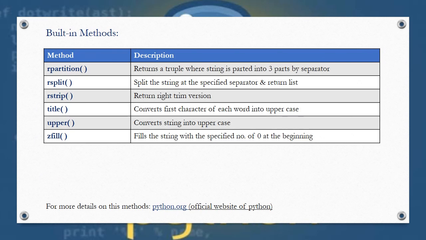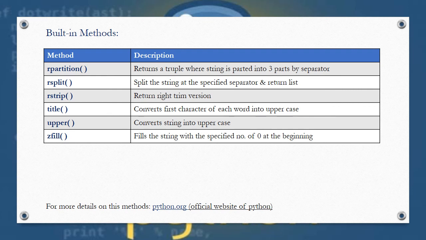The rpartition method returns a tuple where the string is parted into three parts by the separator. It will have the first partition, then the separator, and the third one is the remaining string.